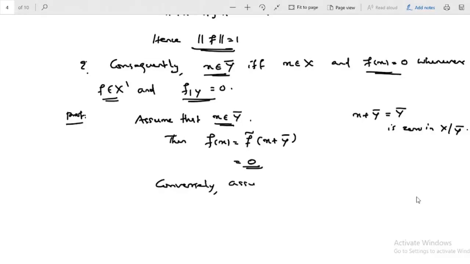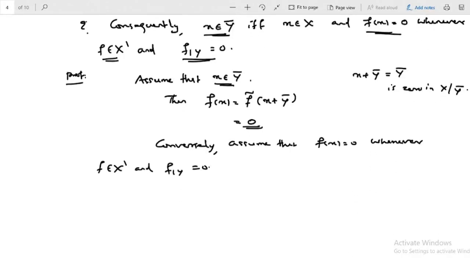Conversely, assume that f of x is equal to 0 whenever f belongs to X dash and f restricted to Y is equal to 0. Then x belongs to Y closure is clear. That is why. Otherwise, if x does not belong to Y closure, then